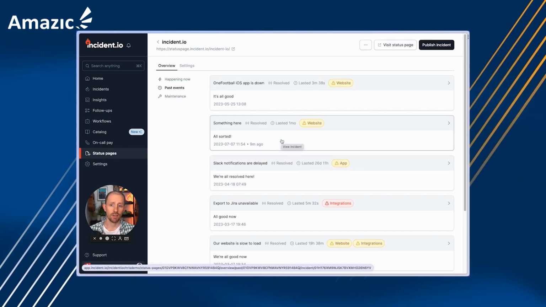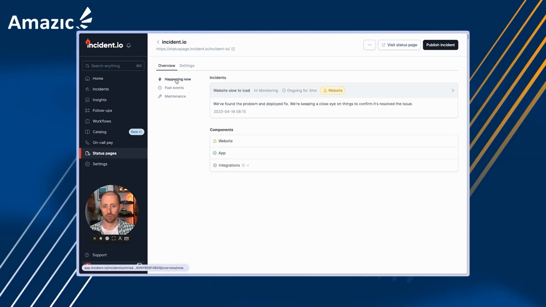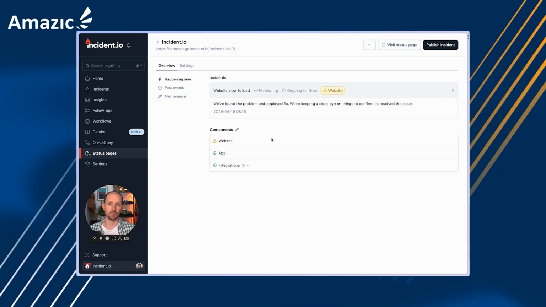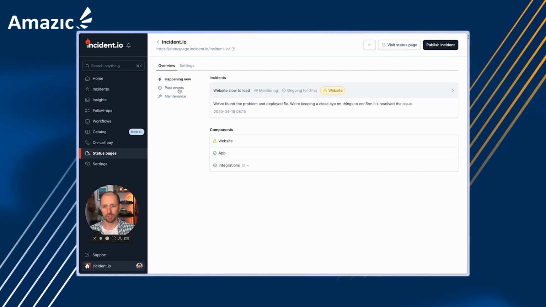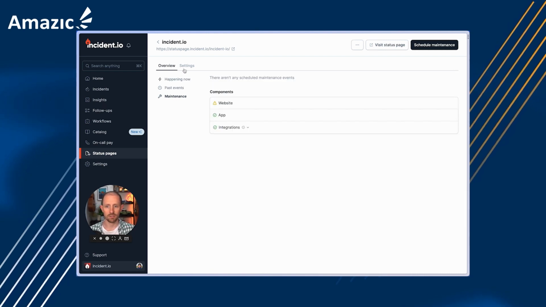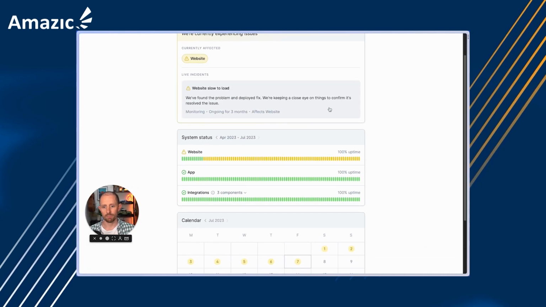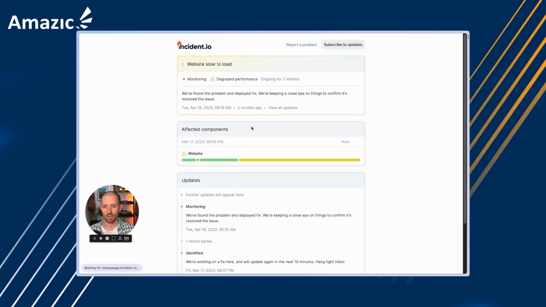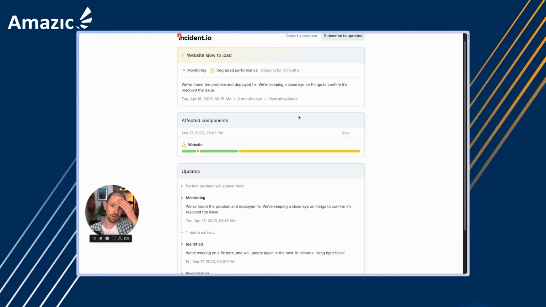If we move on to other parts here, we have a status page product. You can do all of the things that you'd expect to be able to do here. This is basically for publishing updates to your customers that are not within your company. We can manage live events, we can see past events, we can schedule things like maintenance here. And you can of course brand it to look like your own company. So here is a mock one that I have running for Incident.io. I can jump into any of these incidents and I get to see nice updates here about everything going on there.